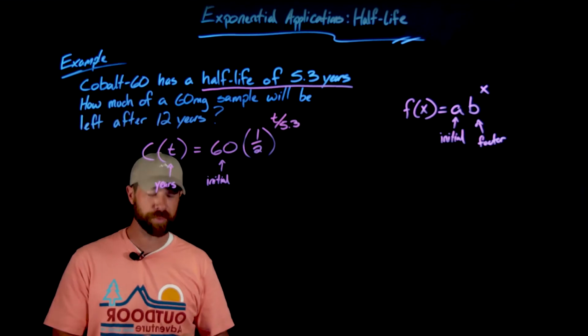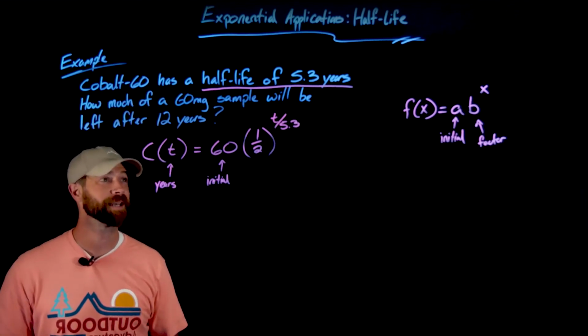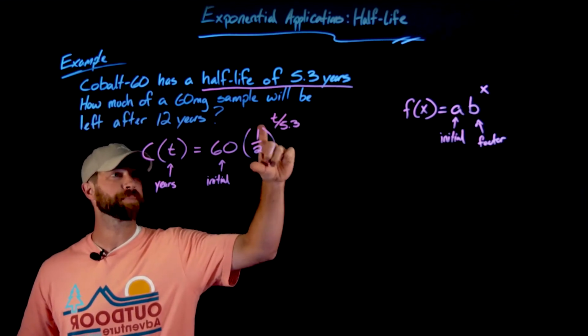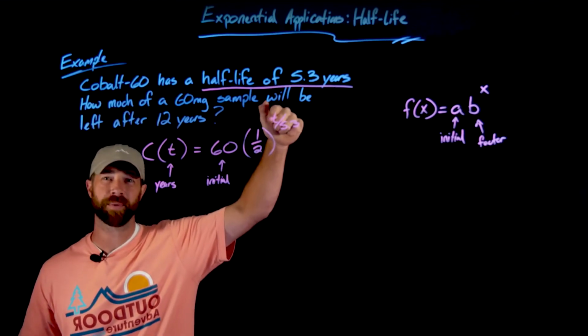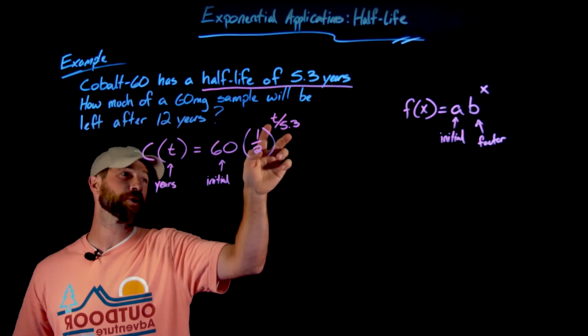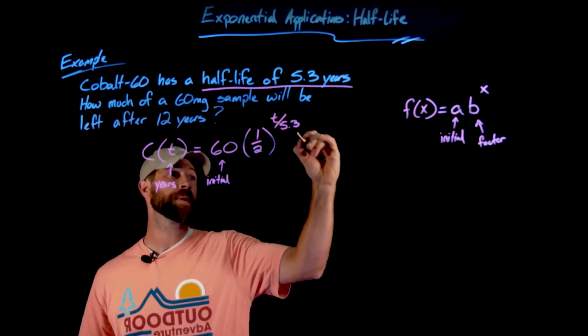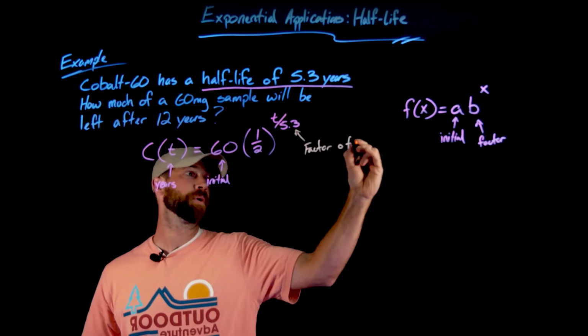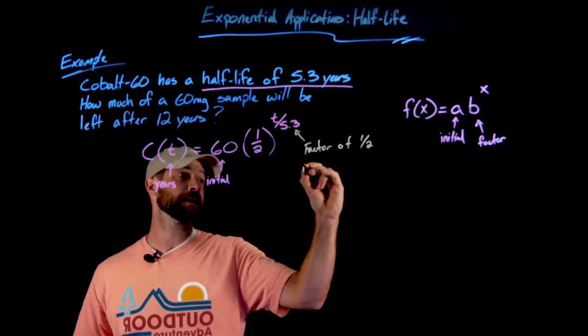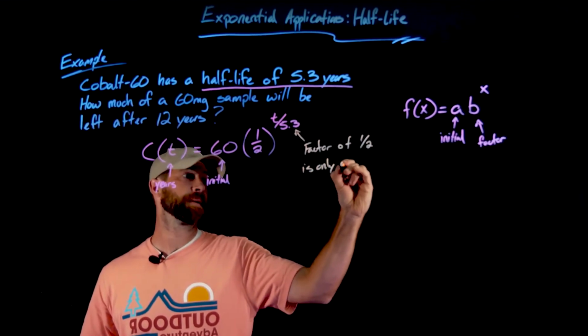The important reasoning is that this will only apply a factor of 1/2 once the t value reaches 5.3. So this little trick makes sure that the factor of 1/2 is only applied